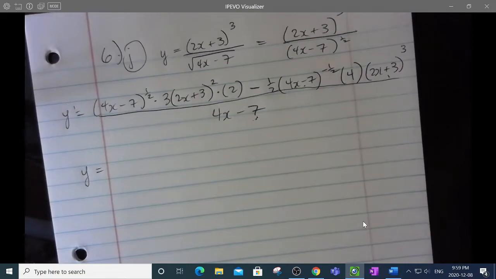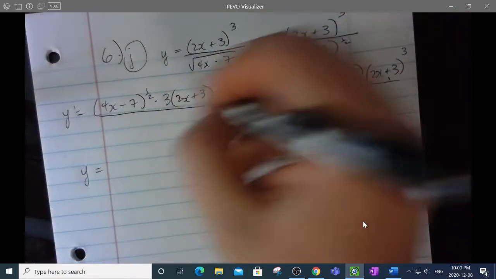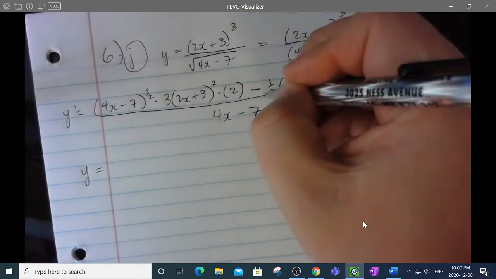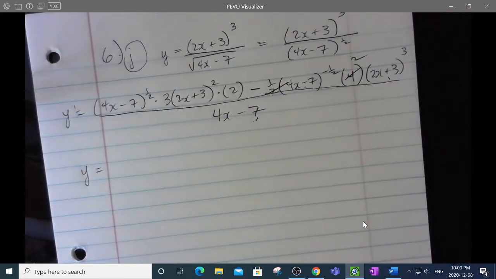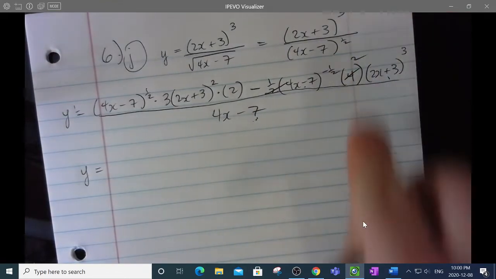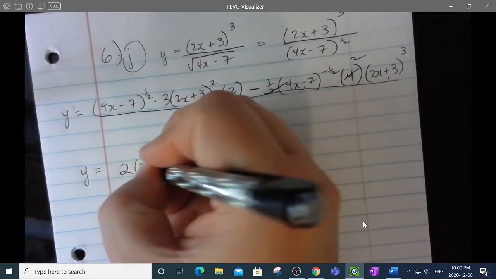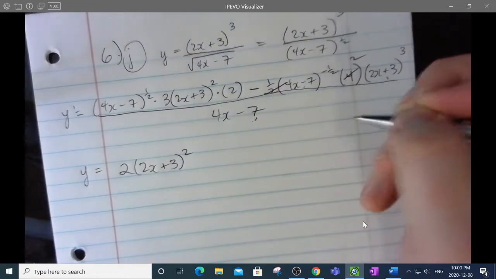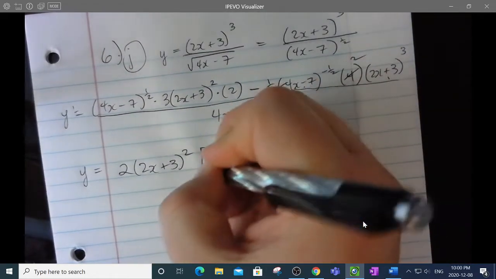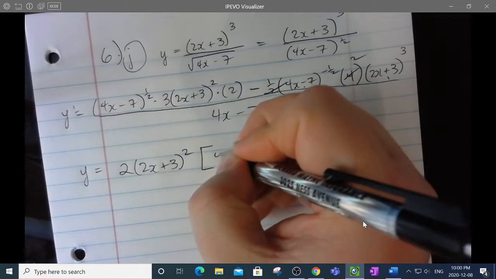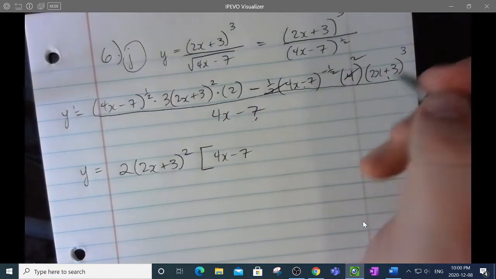Okay, what do I want to do with this? What do I want to do with it? And what am I going to do with it? Those might not be the same thing. All right, well, first of all, let's do some math here. That cancels, so that's a 2. And then I can factor out a 2. I can factor out a (2x plus 3) squared. And that's going to leave the (4x minus 7)